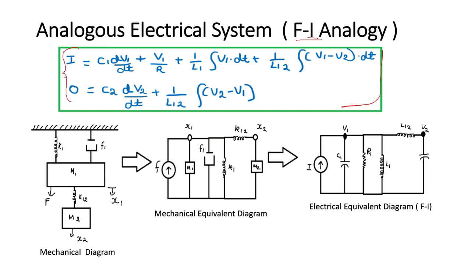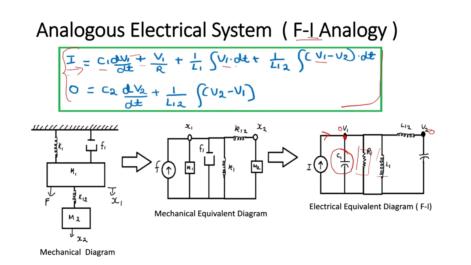We will do the nodal analysis. And now here you can see that you have two voltages V1 and V2. Therefore we will say there are two nodes V1 and V2, and then the total current I coming to this node 1 is equal to C1 dV1 by dt. So here we will add this capacitor, and then plus V1 by R. So this is your R, and then 1 upon L1 integration of V1 dt.